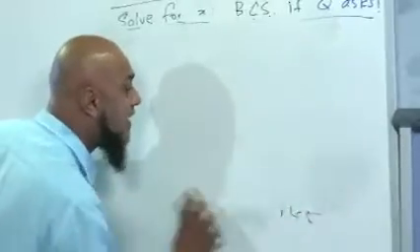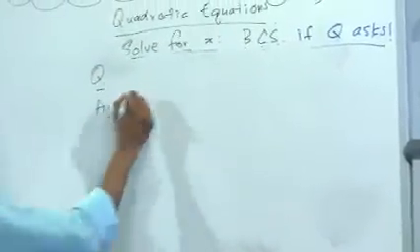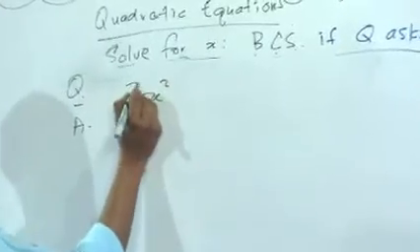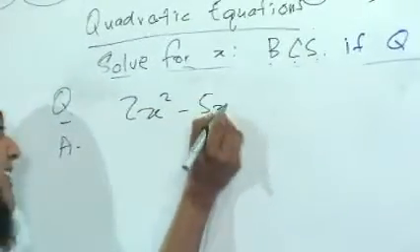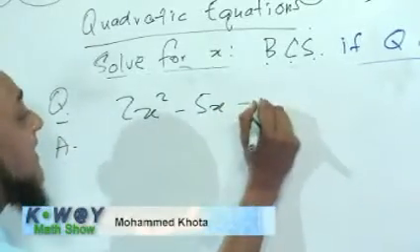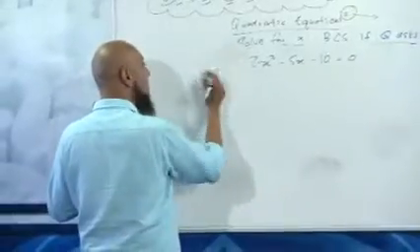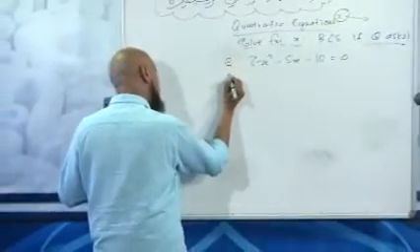Stay online. Let's now take one where there is a coefficient in front of x squared. So let's go. I now tell you 2x squared minus 5x minus 10 equals 0. Question in the exam, answer.